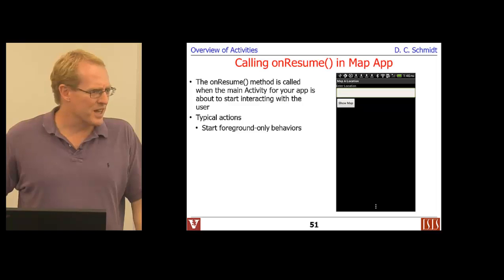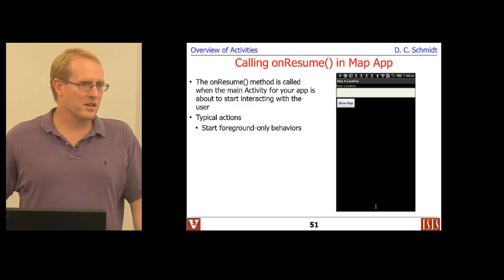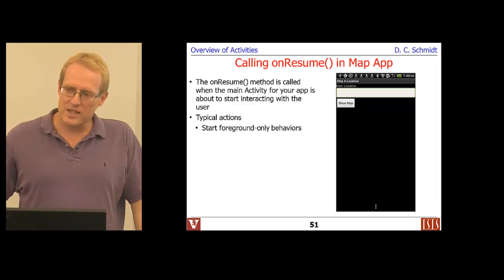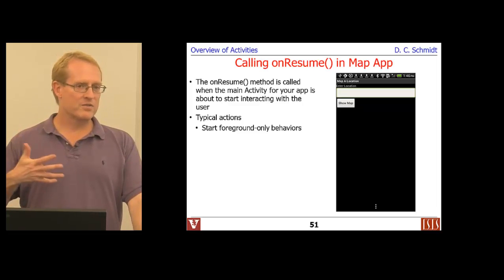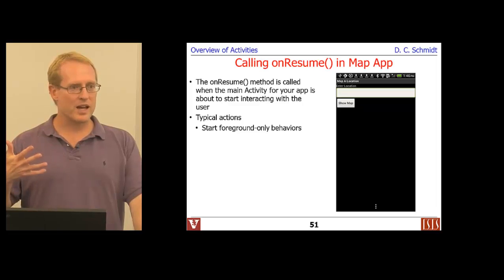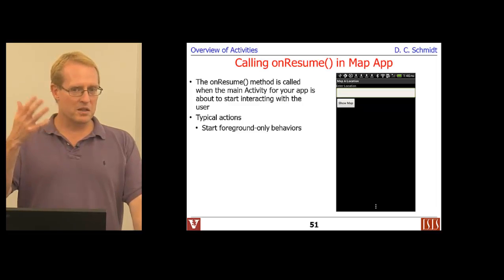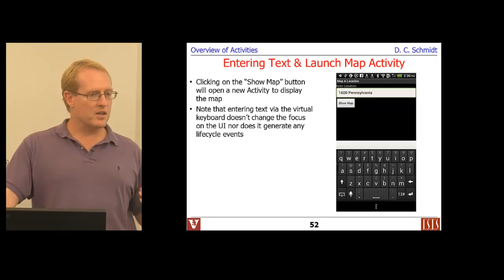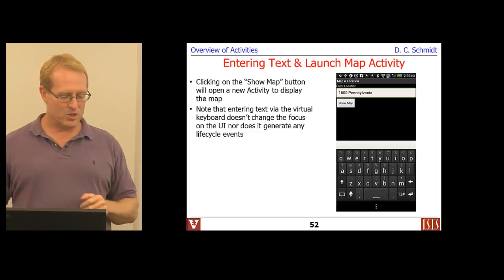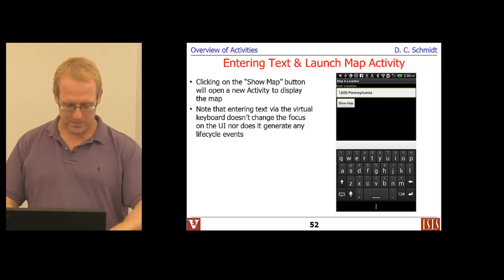Now, for the very simple example that we're doing here, this is overkill. But in more sophisticated examples, there's reasons why you want to defer some of the decisions to later, because it gives a more continuous appearance to the application user by using these various callback hooks in the right way. Now, notice when you start to enter the data, when I started to sit there and type on the phone,